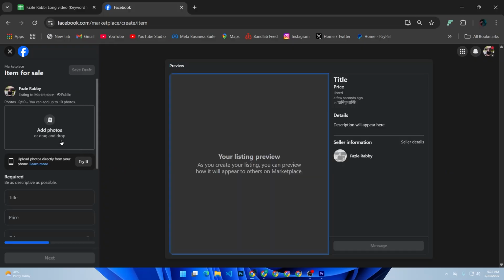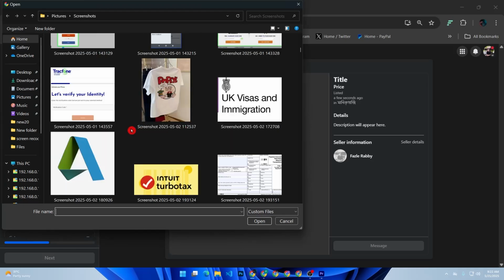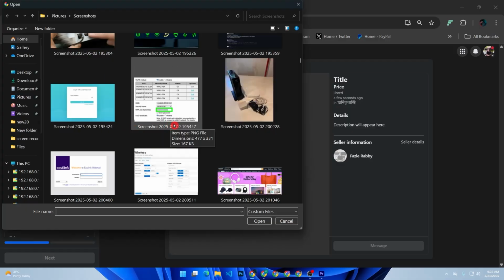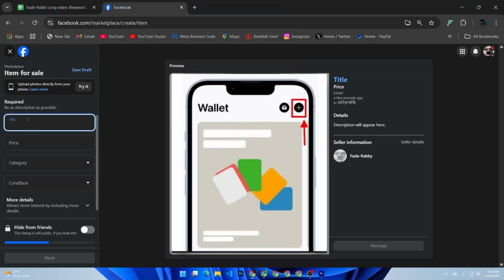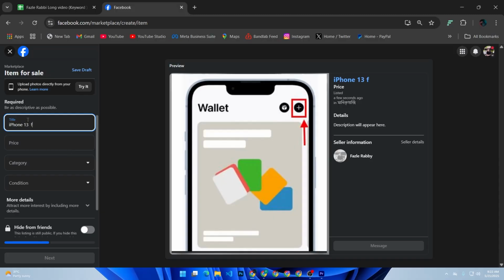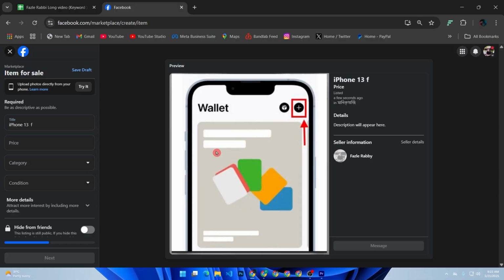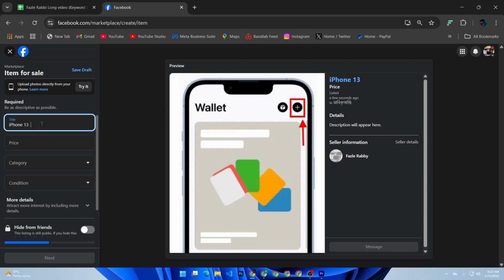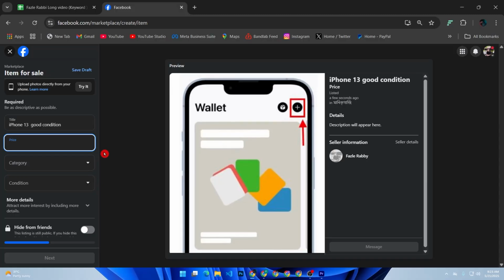Add your product image. I will sell my iPhone for this tutorial. So add it, then add a title like iPhone 13 good condition. Then set the price in your local currency, like